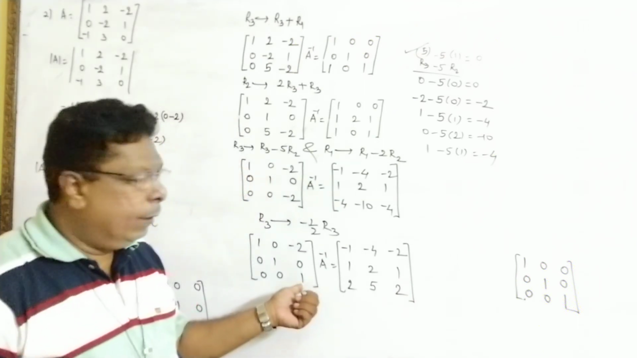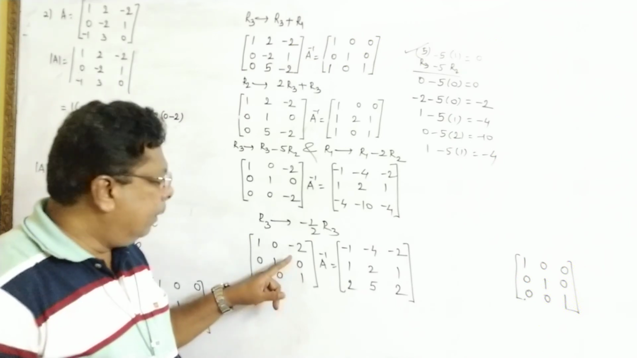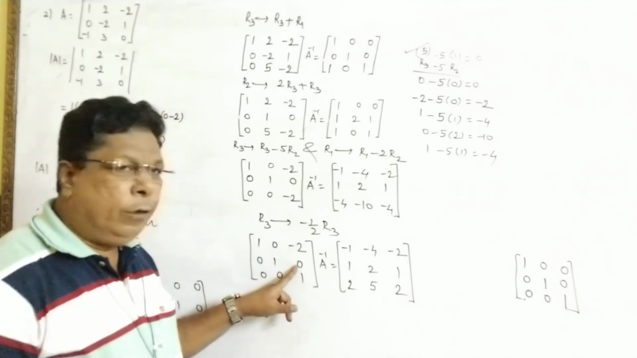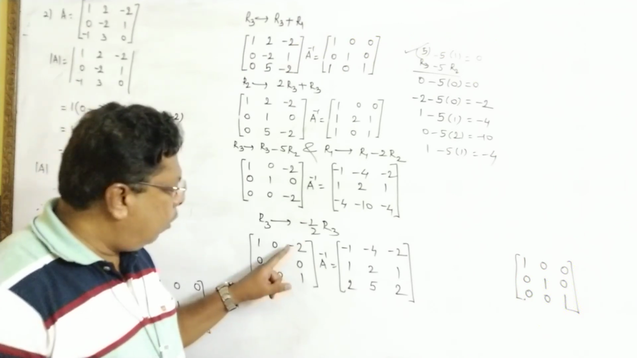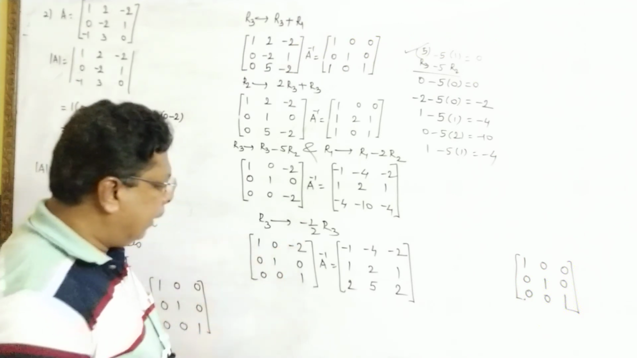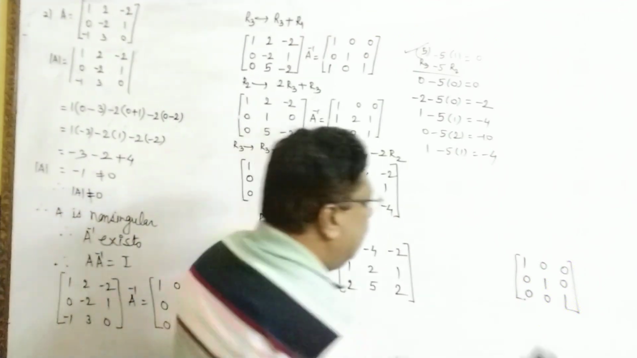Fifth step is over. Bring 0 in the place of A13 and A23. In the place of A23, 0 is already there. Only one element is remaining. We want 0 here. Okay. For this element, what is the operation? Now see,